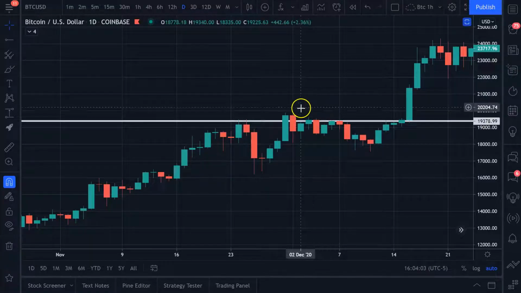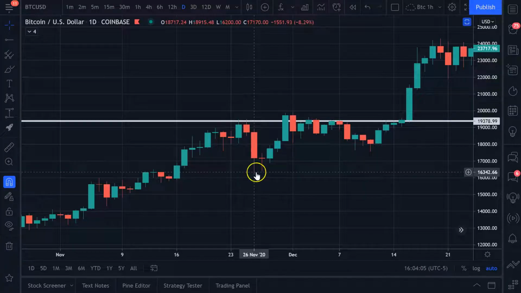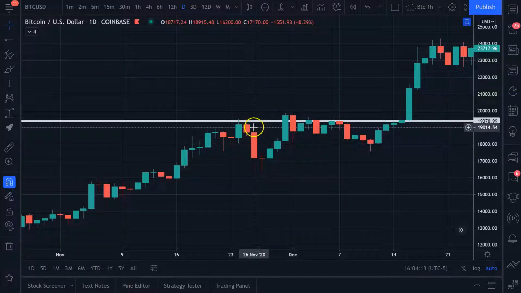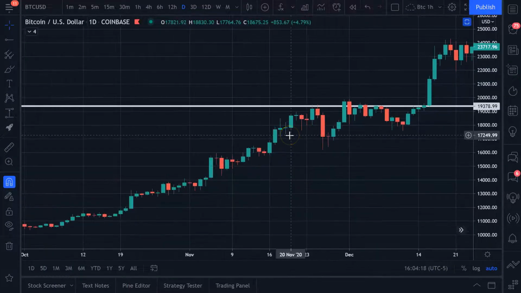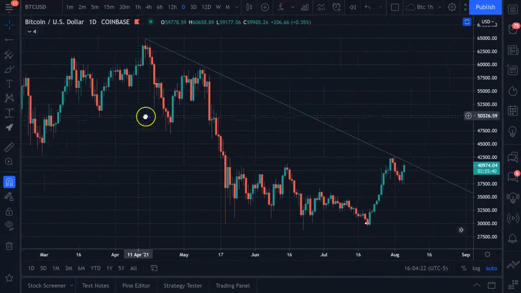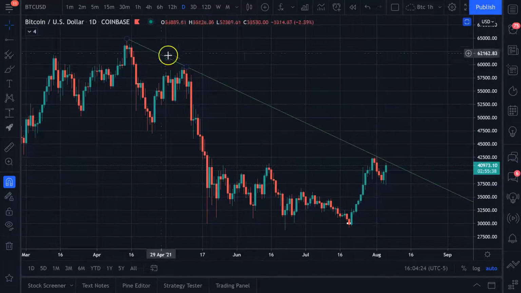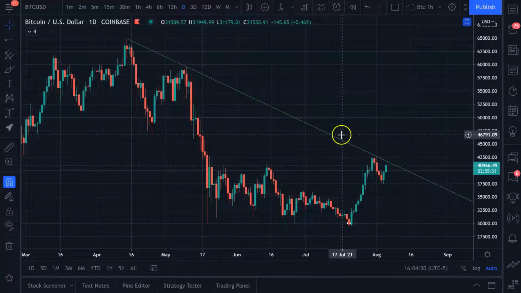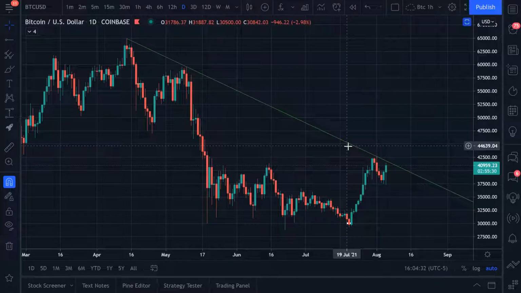What happens with a lot of new traders is they see it start to get rejected and they think, okay, I'm going to go short here, right? Or if it's support and it bounces off of it a little bit, they get long. The reality is the first time it touches it, and when I say first time, it depends whether you're talking about horizontal or a trend line. When I'm talking about a trend line, it's really the third time, right? Because you don't have a trend line until it's touched twice. So the first time it tests an established trend line, or the third touch, if you will, right? You're normally going to get a reaction off of that.